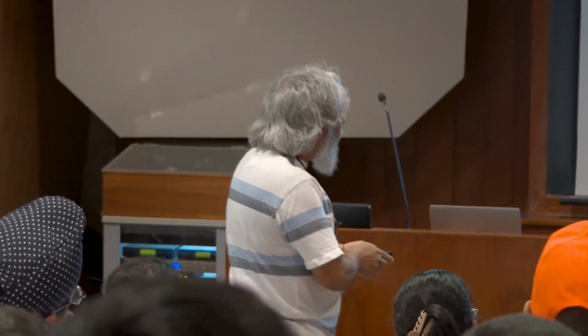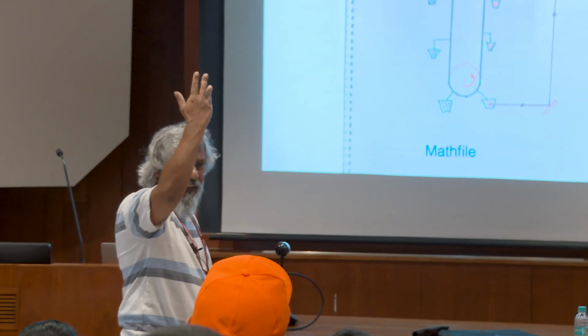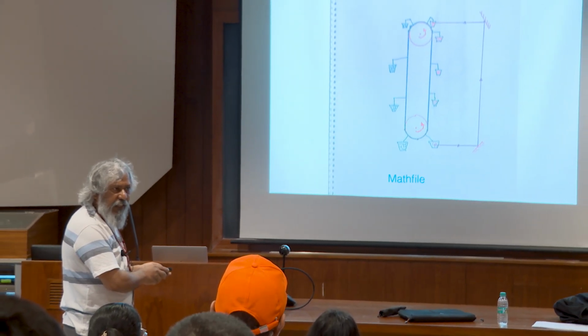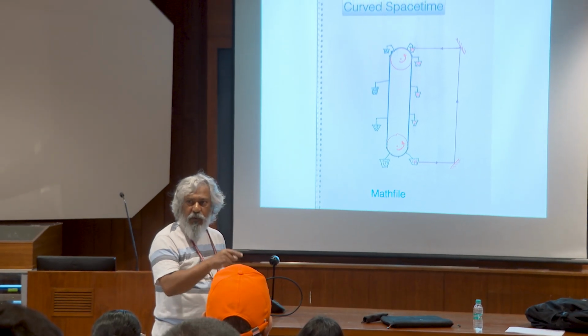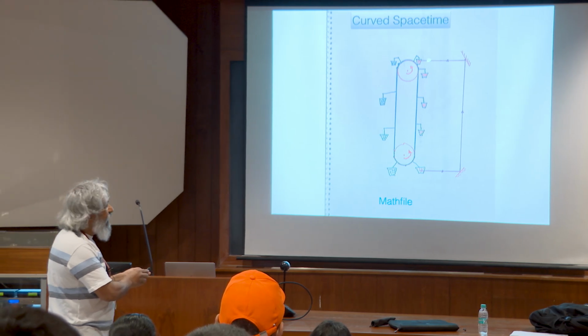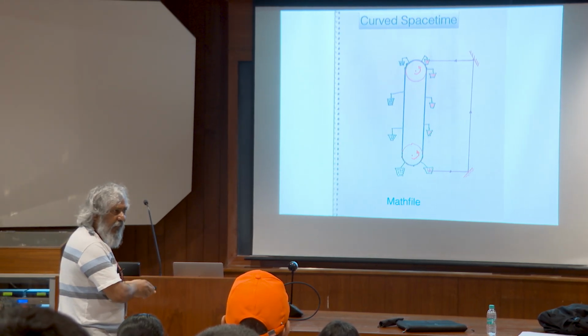It can be resolved by saying that while the photon is going up, it loses energy. Very good. That's exactly the right answer. As the photon is going up, it loses energy. Even if it had h nu energy here, when it goes up there the frequency will change and you'll get h nu prime. Just as a stone thrown into the air loses energy as it goes up, a photon which is rising in a gravitational field also loses energy. And energy for a photon is h nu, so it ends up losing frequency. The frequency up here is not enough to excite the atoms there, and you cannot keep this machine going.